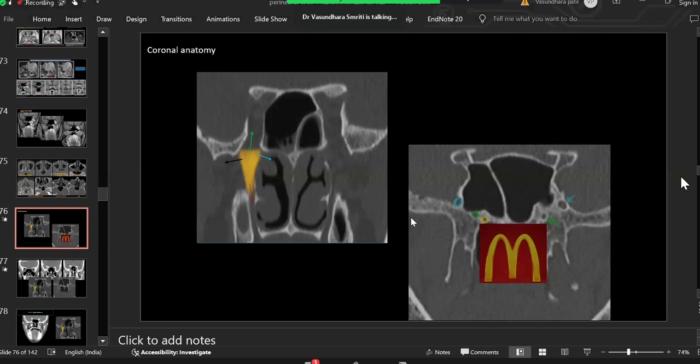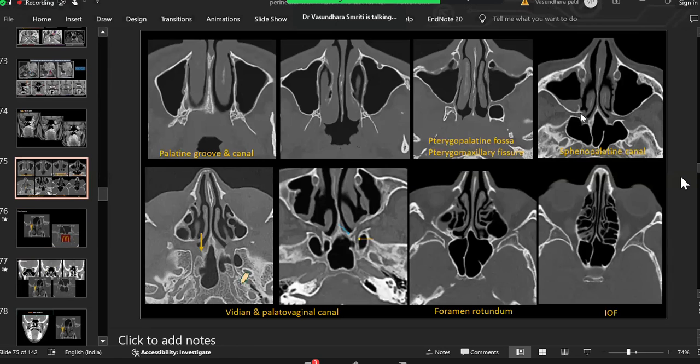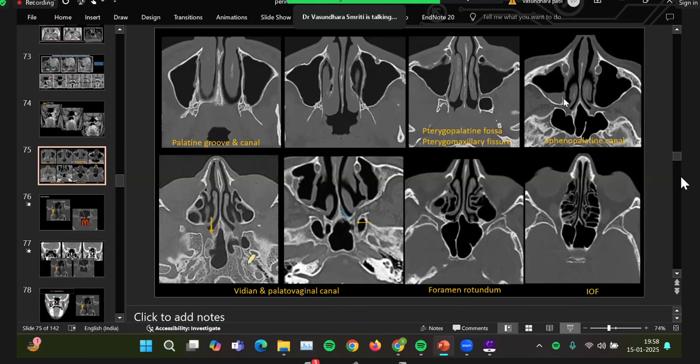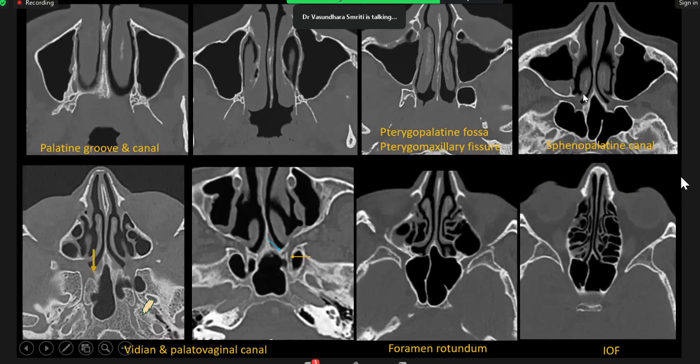Pterygopalatine fossa and canals. Okay. So we have seen, I stopped at the palatine. So when the palatine continues superiorly, it forms the pterygopalatine fossa. This pterygopalatine fossa has certain openings. Medially, it will open via the sphenopalatine foramen